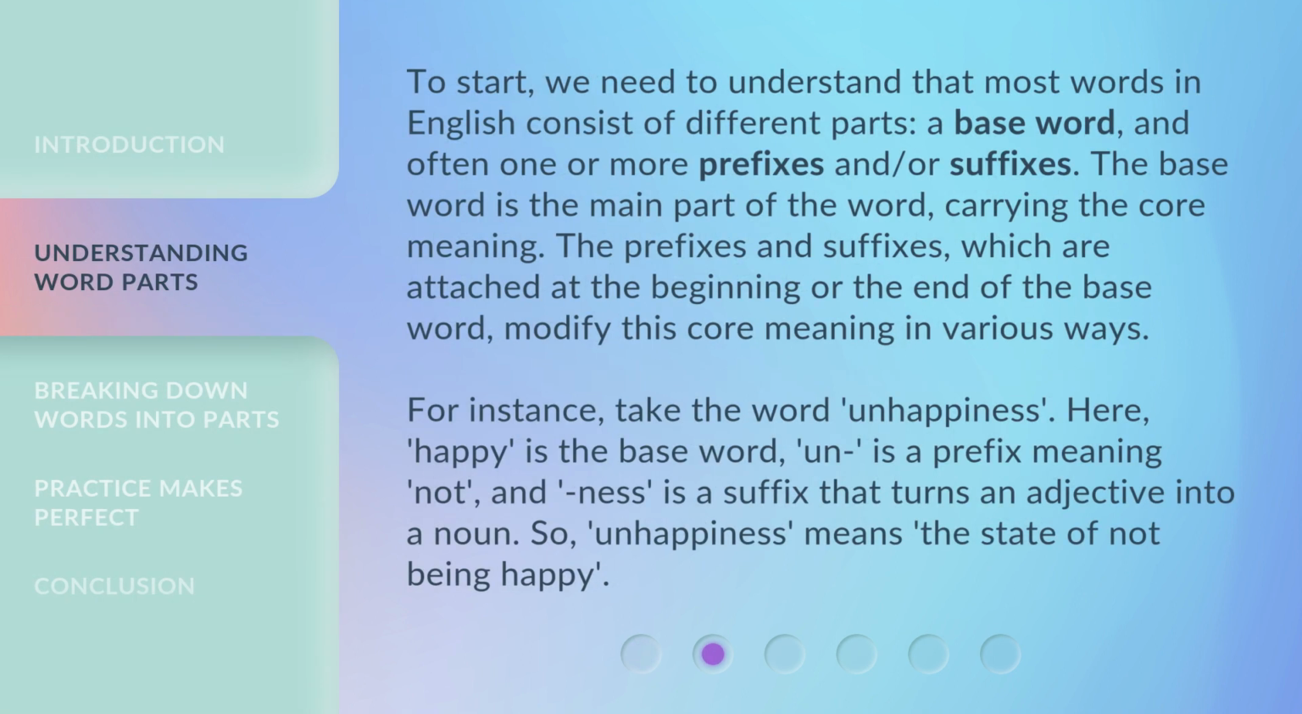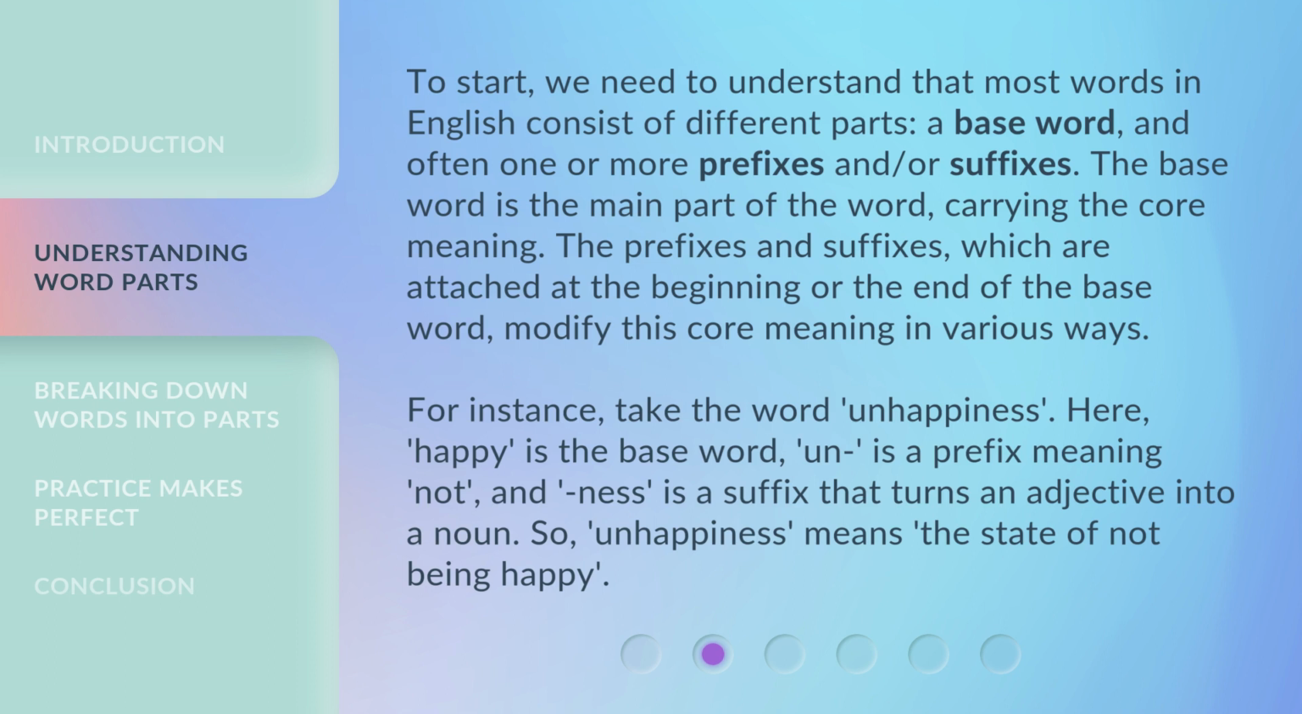To start, we need to understand that most words in English consist of different parts: a base word, and often one or more prefixes and/or suffixes. The base word is the main part of the word, carrying the core meaning. The prefixes and suffixes, which are attached at the beginning or the end of the base word, modify this core